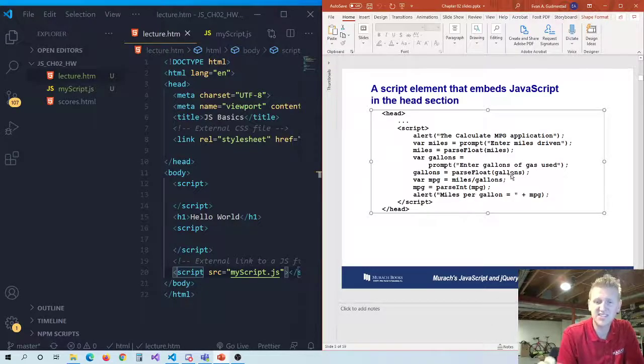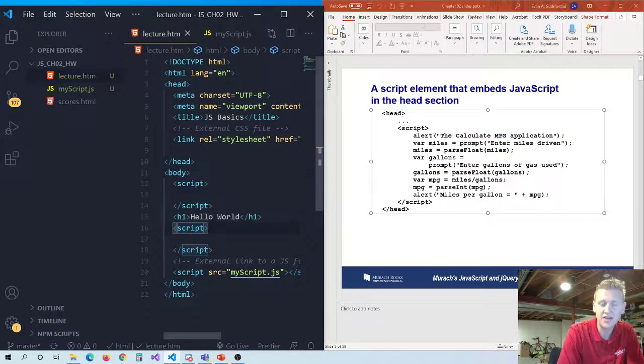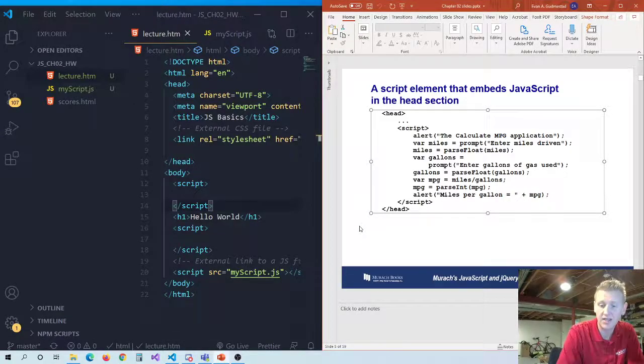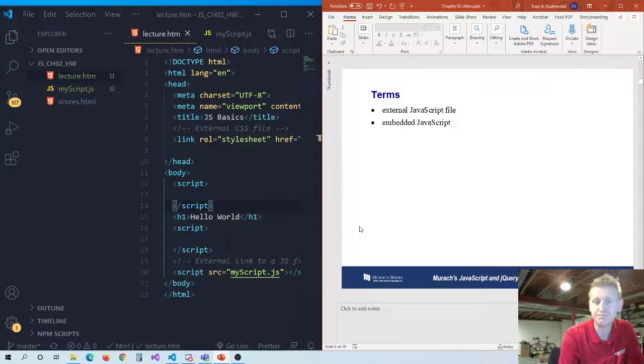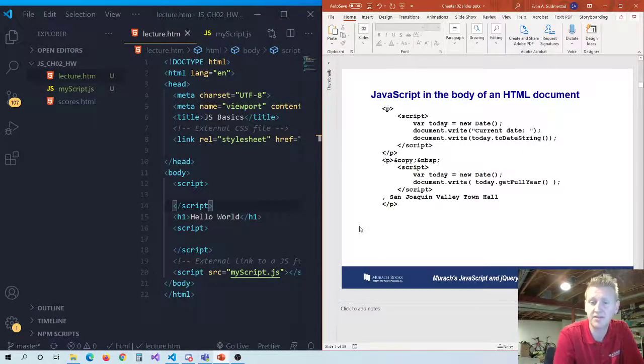So don't necessarily worry too much about what's going on inside of the script tags. We can write JavaScript inside of a script tag, and that's really the only point here on slide 5. Again, external and embedded JavaScript, those are the places we can write our JavaScript. Again, you can have script in multiple places,